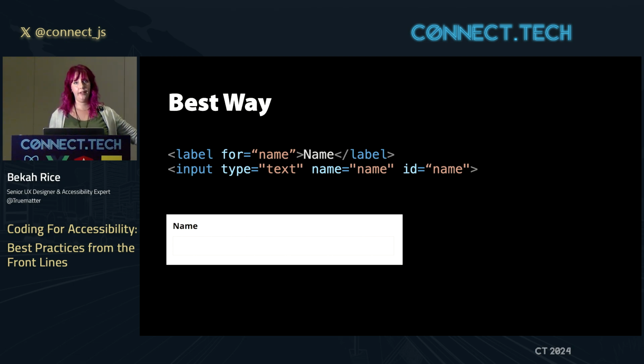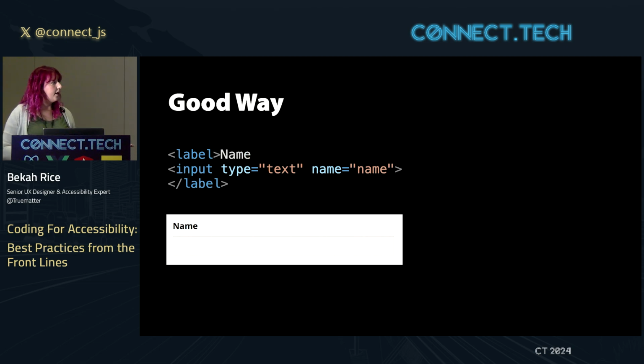Best way, just add a label. There are many ways to position this off screen if you need to. Tons of articles on that I have, and at the end I will share. But if I can, ideally I should show it, because not everyone is using a screen reader, and some folks might not realize what the field is for just by looking at it. The Chewy example was pretty good, but that's not always the case.